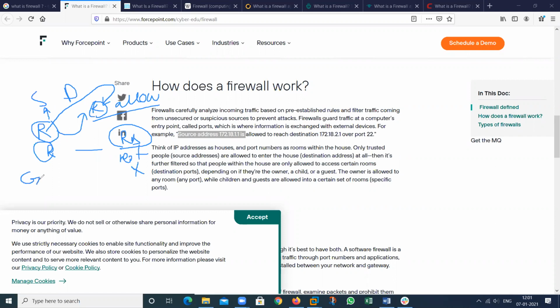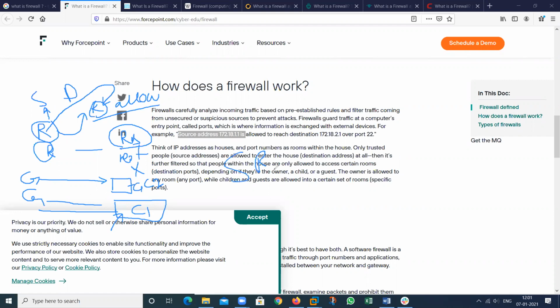This is another person. If this person wants to access my other room, that is the guest room, then allow this one. If this person wants to access any room, that is C1, that is C2, then provide the access. Because in a company there are different things.